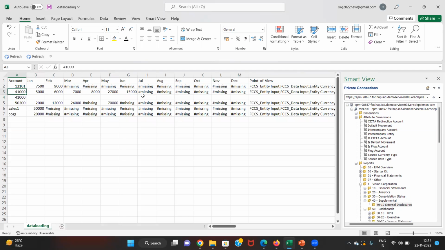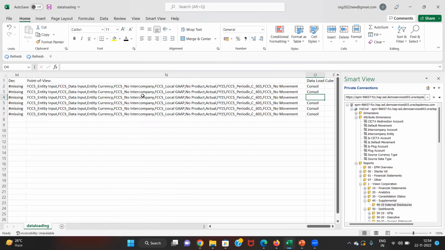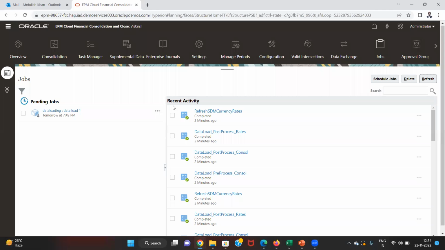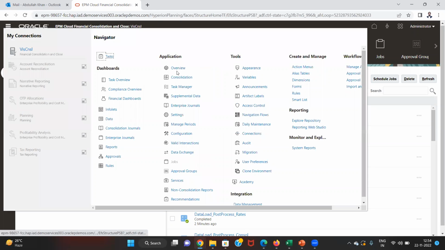So I'll create another account. I'll put some figures under some of the months, 15,000. And I'll have to give the exact POVs that have already been defined for the other accounts and just save my data file. And once again, I'll have to schedule it on demand. So I'll go to overview,